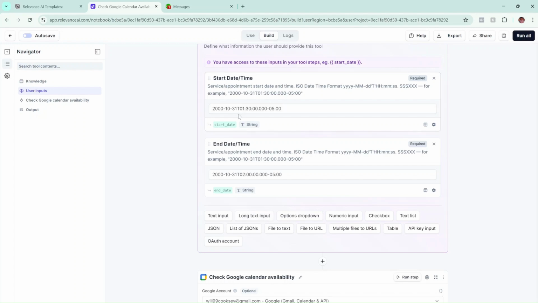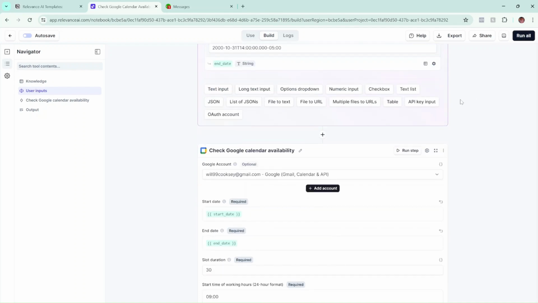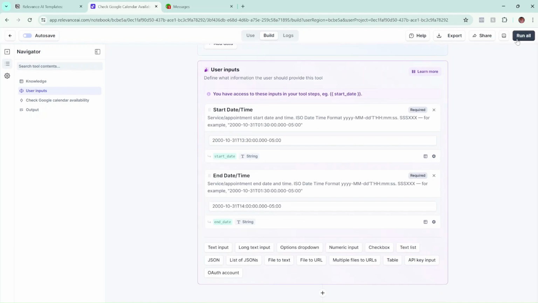Now, this would be, I believe that's 1:30 in the morning. So we want to do 13:30 to 14. This should be 1:30 to 2. And then if we were to hit run all,